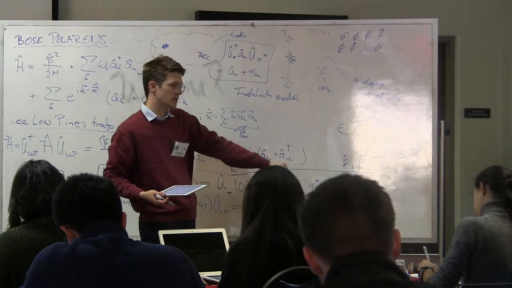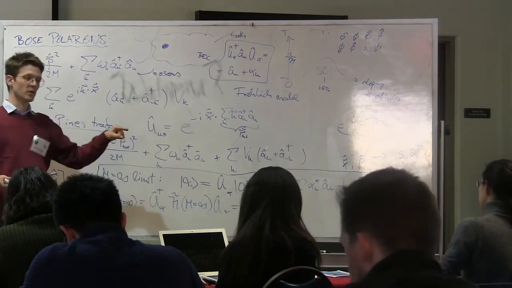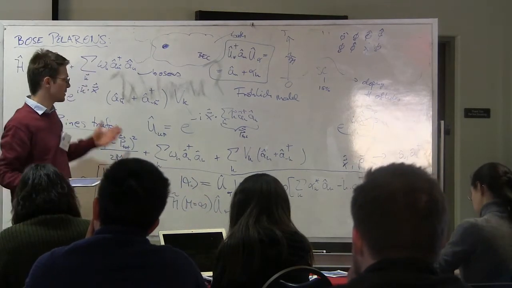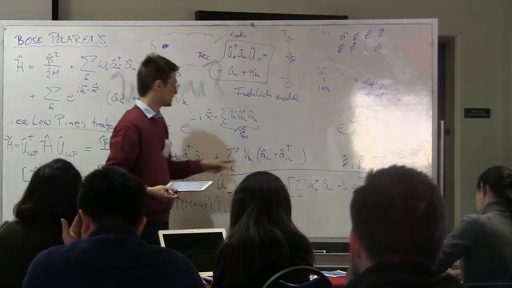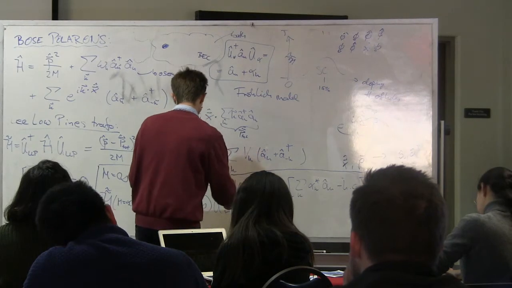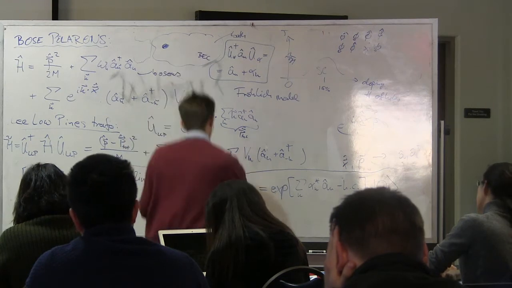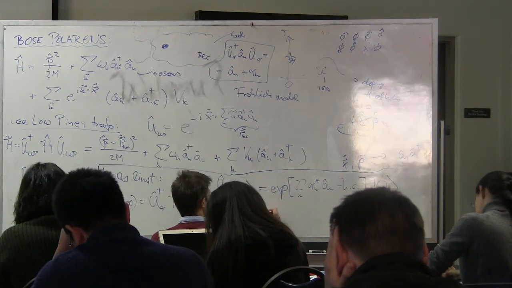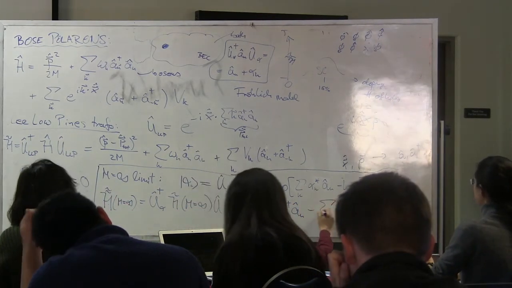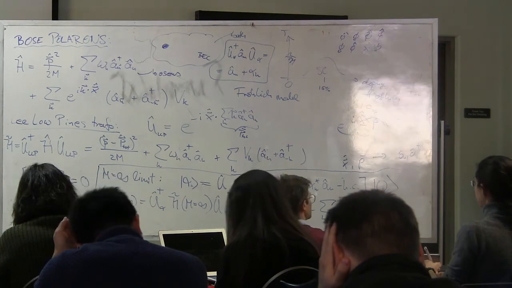We shift them, so if we get plus some c numbers, we just get a c number, that's fine. But if we have a quadratic term and we shift each of them, we get some cross terms, right? Which means we actually generate new linear terms in the a's. And then the rule of the game is simply to determine your alpha k in such a way that the linear terms cancel. Okay? And it's an easy enough calculation, and I'll go through it in detail. But what you get in the end is that the quadratic part remains unchanged, and then you will eliminate the linear terms, so you get something like this. And your alpha k that you have to choose is minus